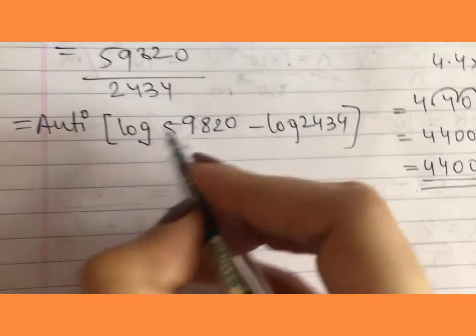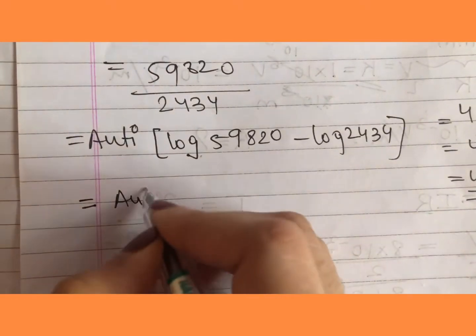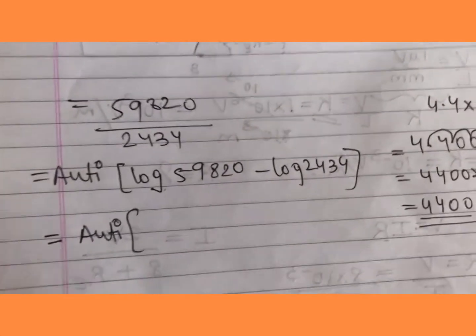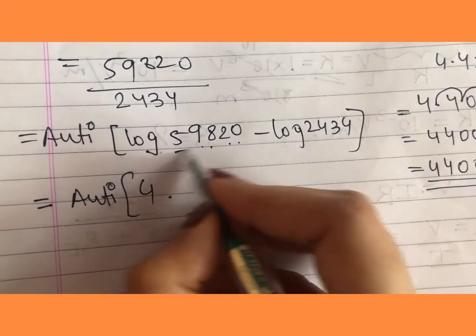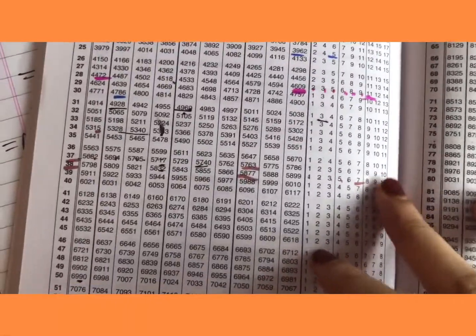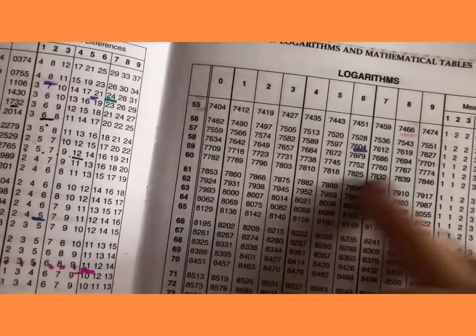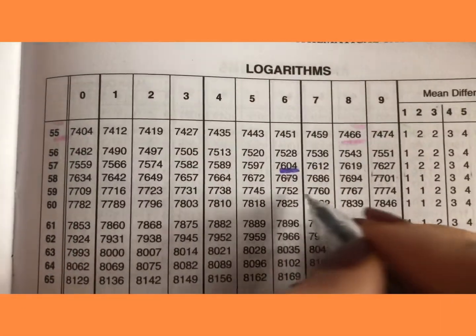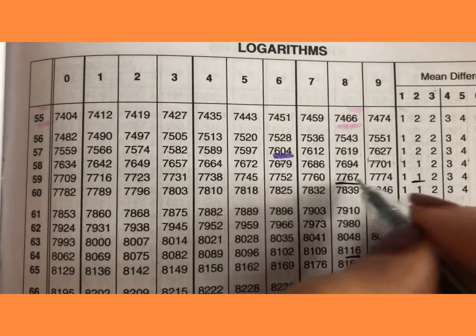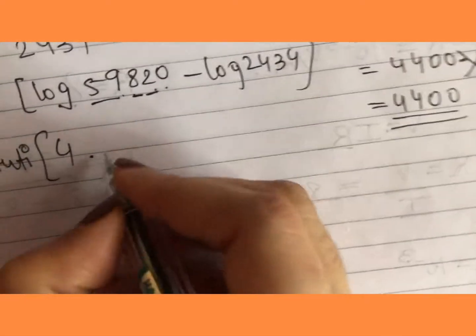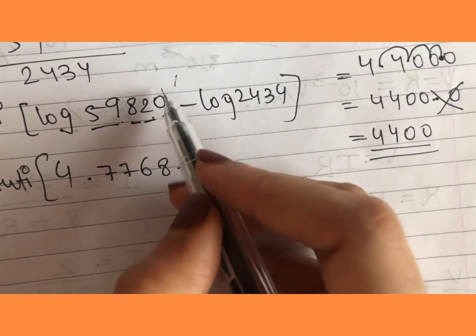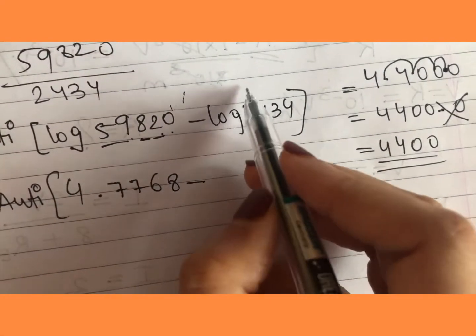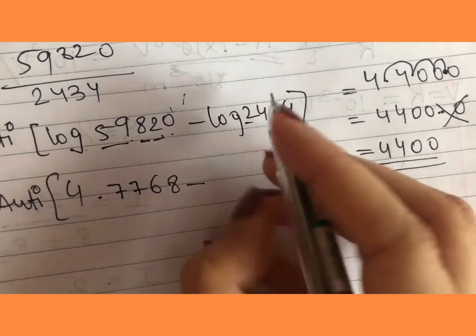Okay. Now here we have how many digits? 1 2 3 4 5. 5 minus 1 is 4. 59 का 8 का 2. ठीक है, लॉग में जाके 59 का 8 का 2 देखेंगे. 59 का 8 और 2, that is 7767 plus 1 7768 माइनस ये ज़ीरो को लेने की अब ज़रूरत ही नहीं है, कुछ भी होता है यहाँ नंबर तो नहीं ले पाते हम. नाउ हियर वी हैव 4 डिजिट्स. 4 minus 1 is 3.